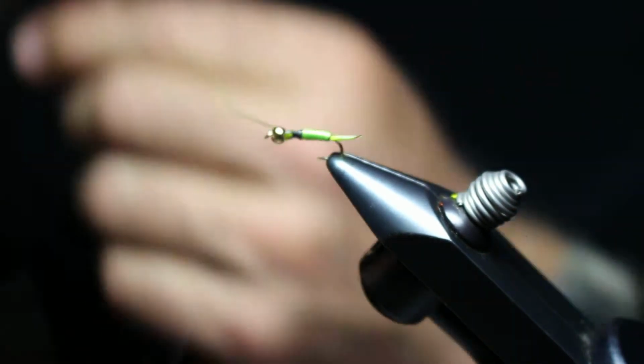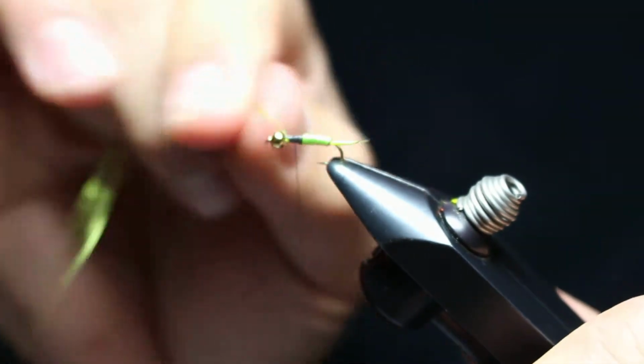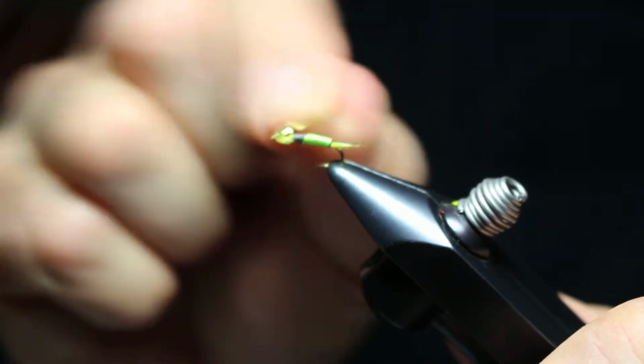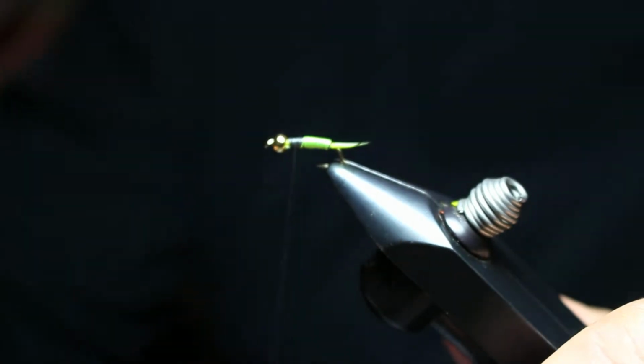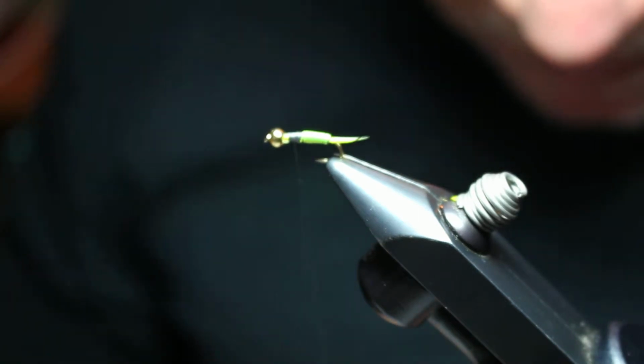I'm going to go ahead and get some wraps on here to secure it. And then, as you notice in all my videos, I don't like to cut my wire with scissors. It will ruin good scissors faster than anything you can imagine. Alright,